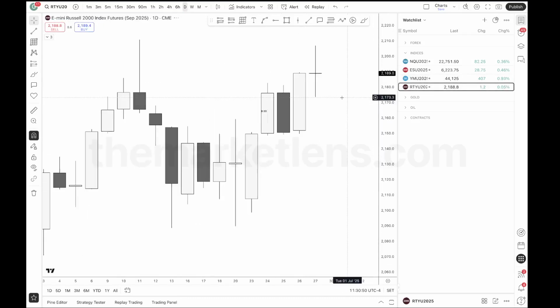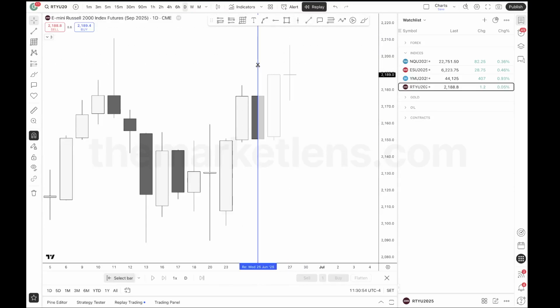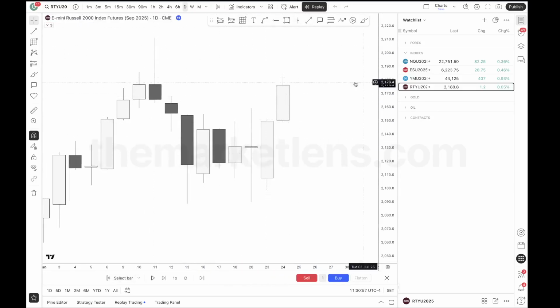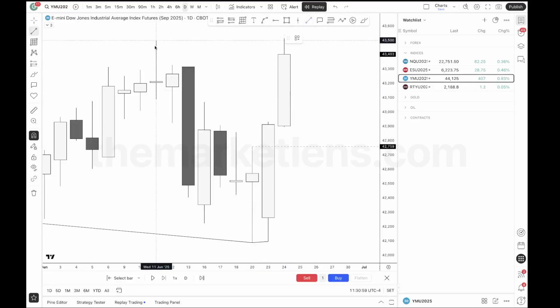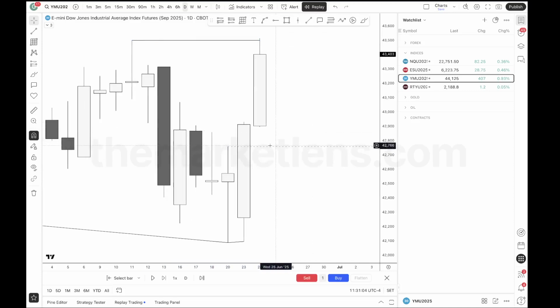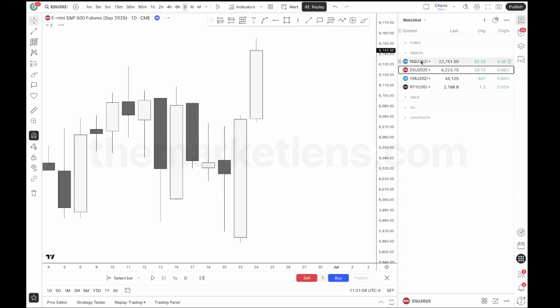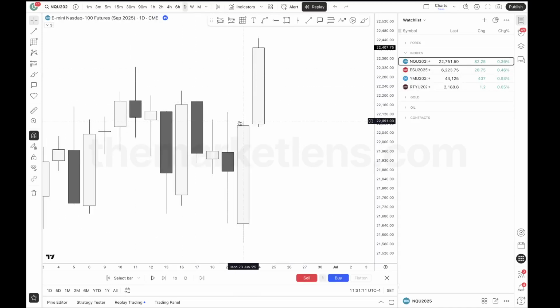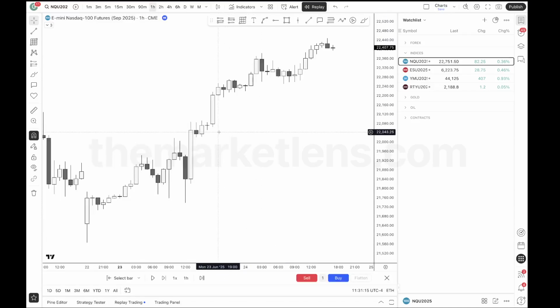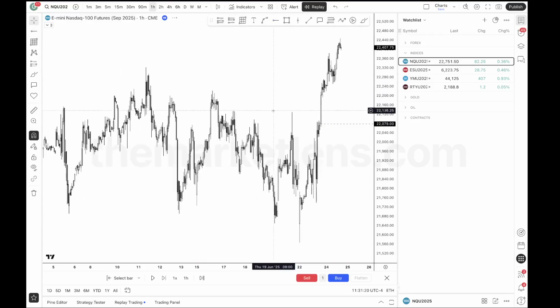So like I said, if you go to all assets here, they all have something to draw them to, like RTY, YM, this high, for example. ES, NQ, they all have these relevant highs to draw into, right? And we just rip right at the daily open. Rip higher. So here's the daily open. And again, you can expect the high to be the low of day within daily continuation.